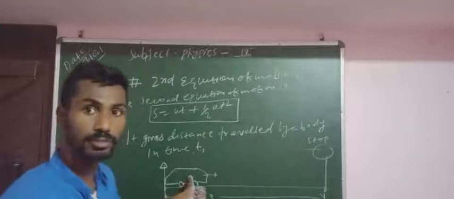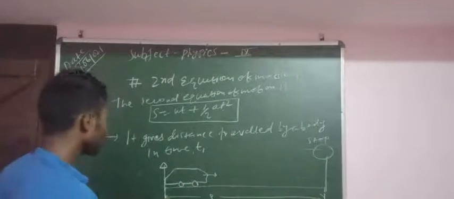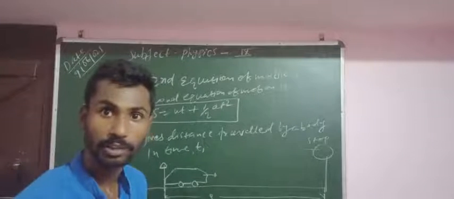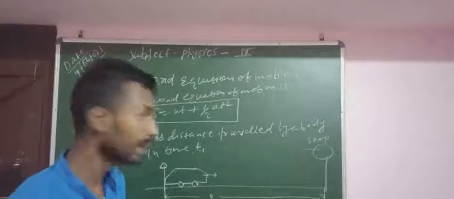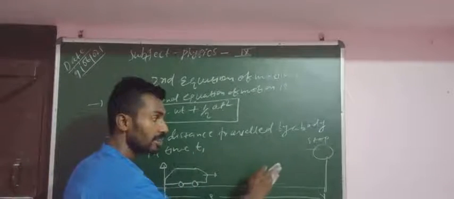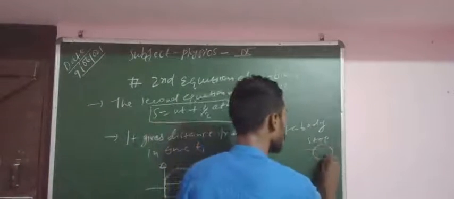A car is moving in east, because velocity is a vector quantity, so due to this we will mention the direction. Suppose that if the car is moving in the direction east, suppose that stop, that is the pole,